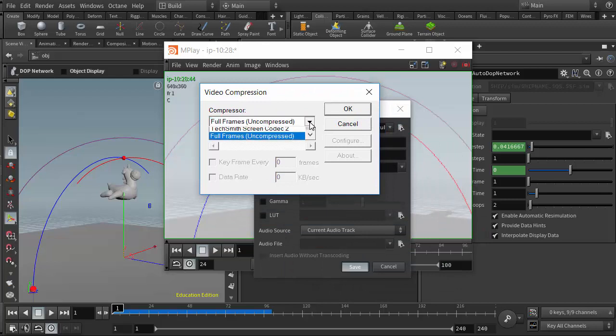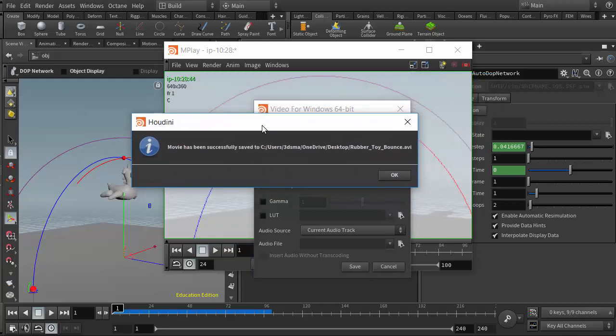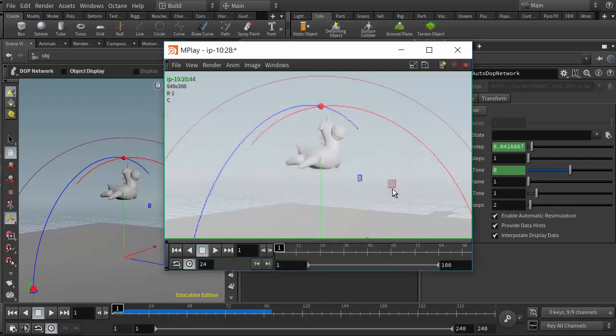We don't have very many options for video for Windows, so in class we've just been choosing Microsoft Video 1 and leaving the compression at 75%. And then we should, if everything works right, get a notification here that the movie has been successfully saved. So then that movie will now be out on my desktop, and that's typically how I have everybody submitting their